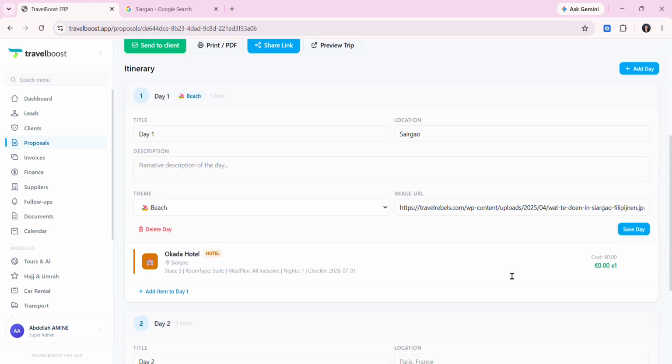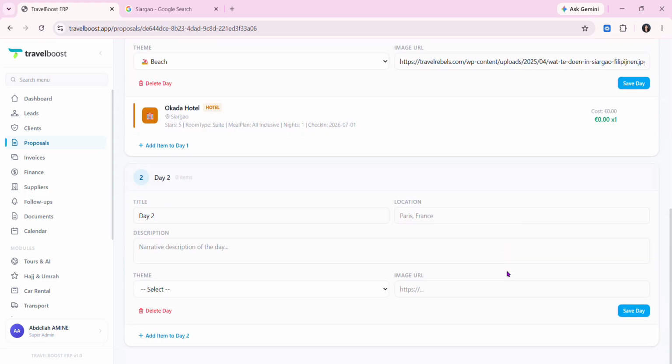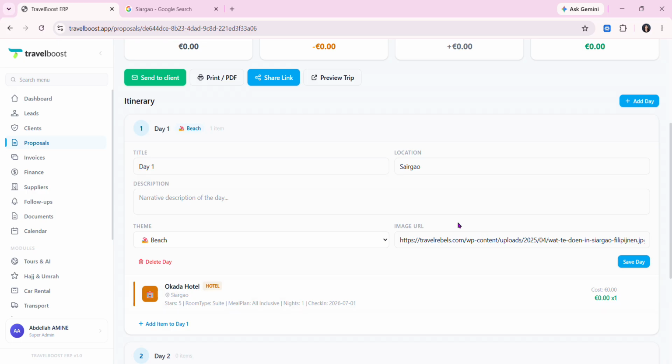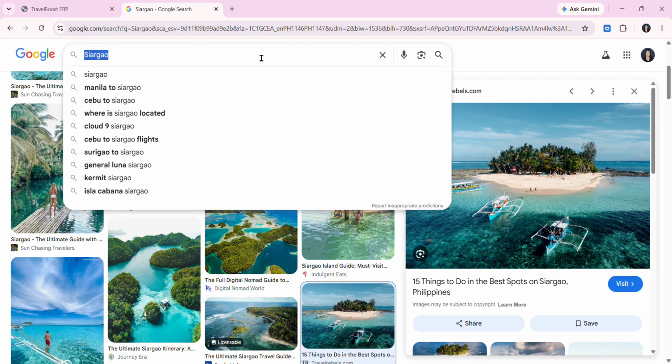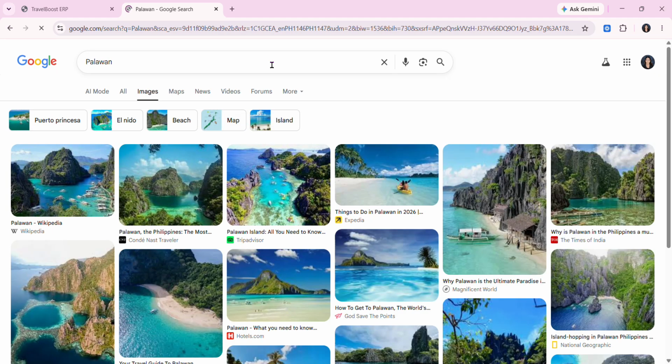Add day again. This one is for day 2. So for day 2, let's have Palawan. Of course, you can type any description for this. Of course, you can have again the image URL, Palawan.